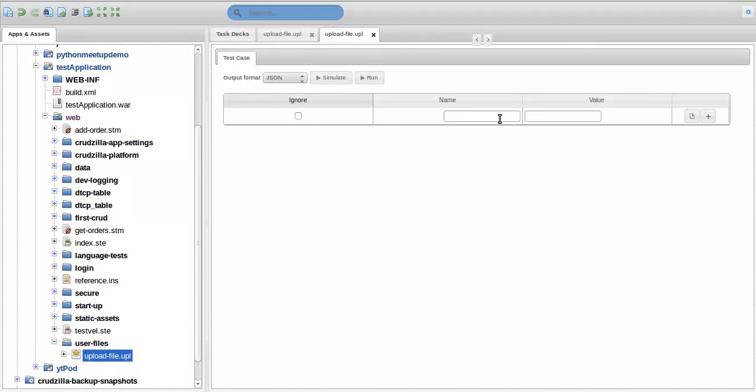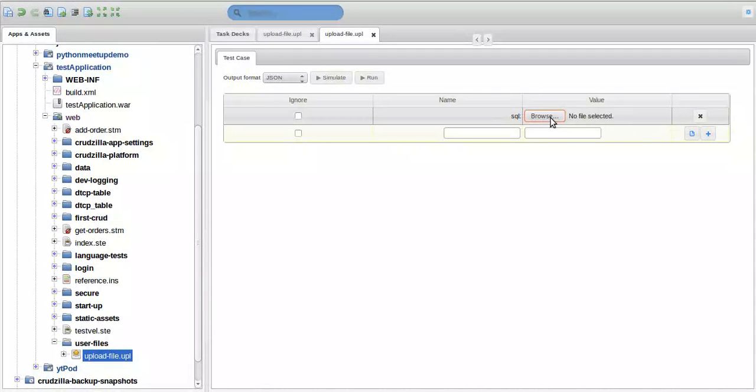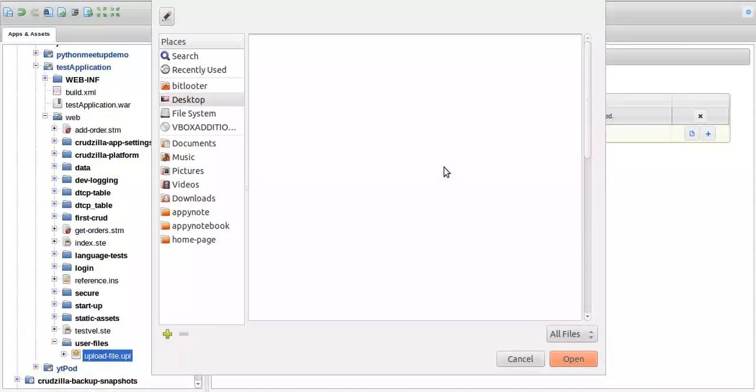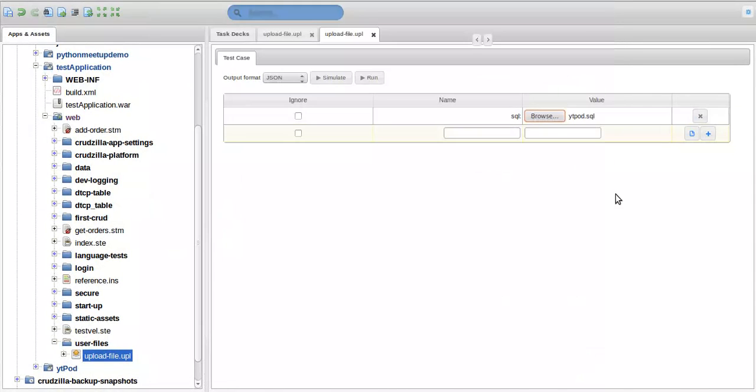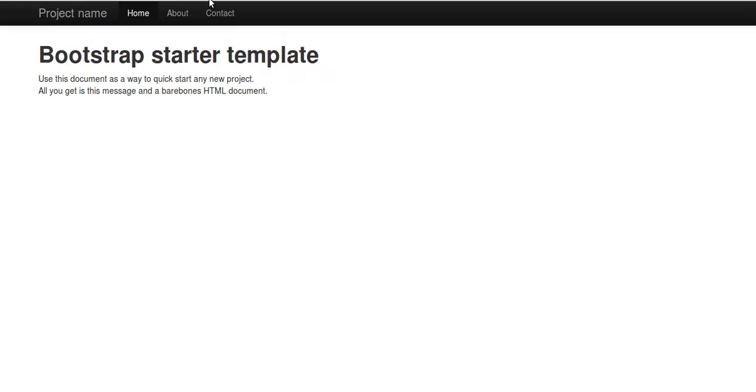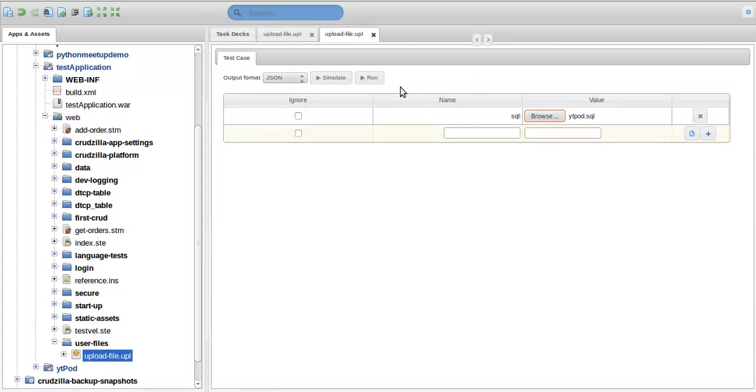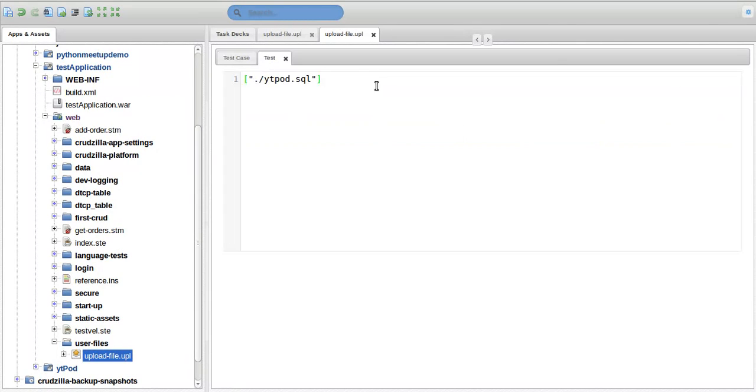So now we're going to go ahead and test this. You don't actually have to write any code to test this. You can just right click, select test. All these parameters you can ignore. You don't actually have to supply them, and even if you try to supply them, it won't override the ones that you have set on the file uploader because they're marked as final. So let's give the file a name. Let's call it SQL and say add file, and you're going to browse,